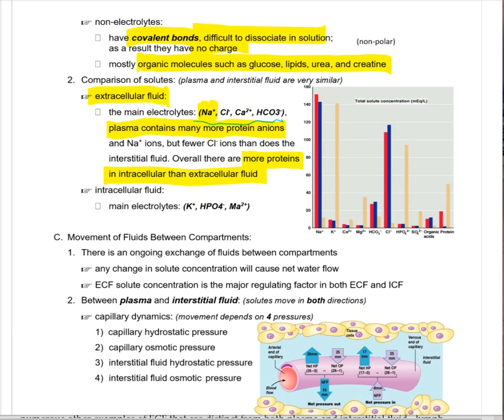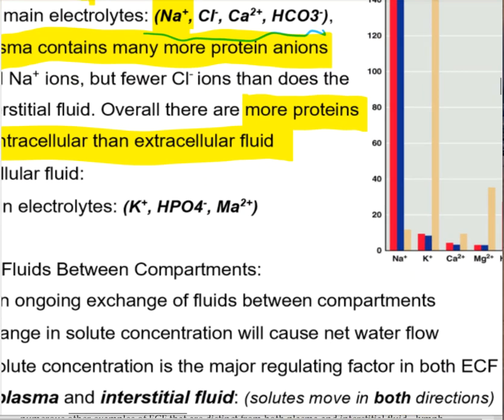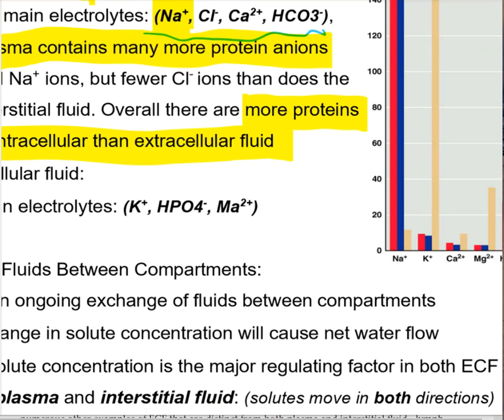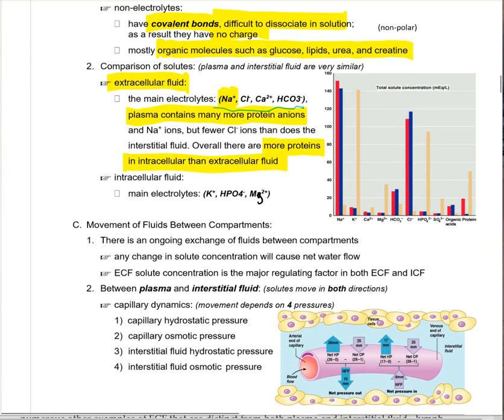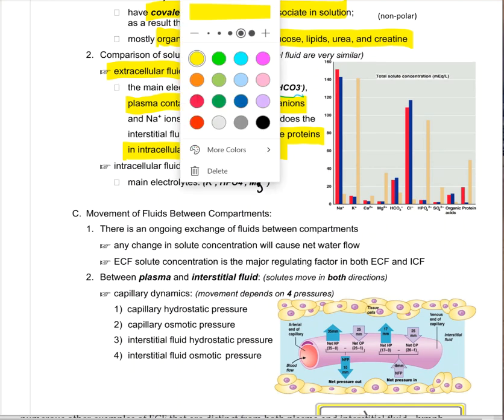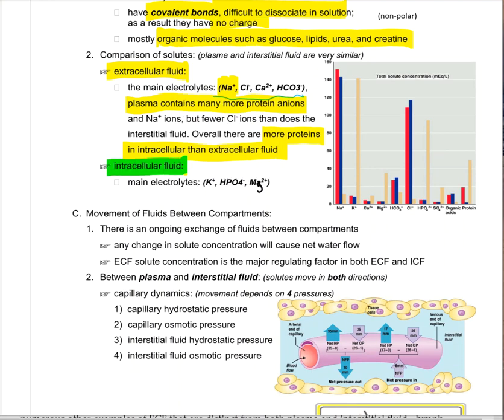Now, if we look at intracellular fluid, and by the way, there's a typo here, so we want to fix that typo. This is magnesium. Ma is not an atom. We want to look at, we can do it in a different color, and the big player is potassium, and sodium and potassium are usually in different locations